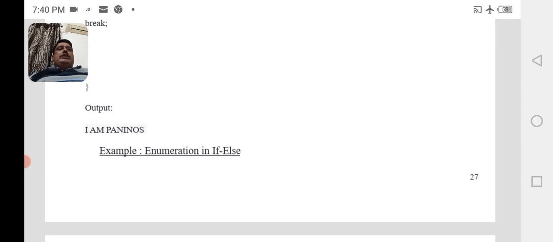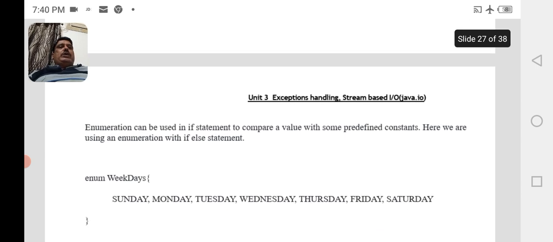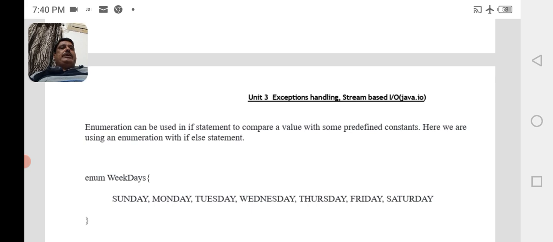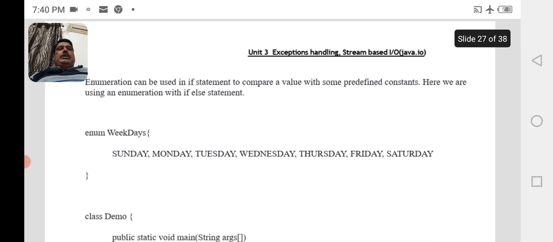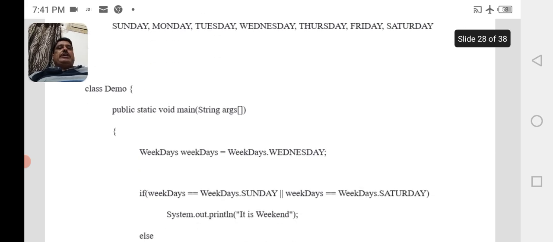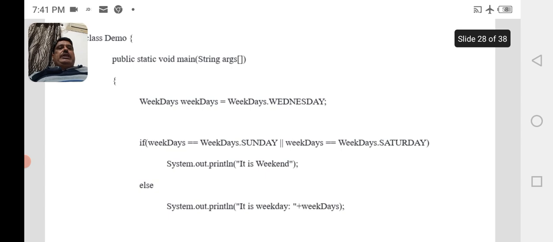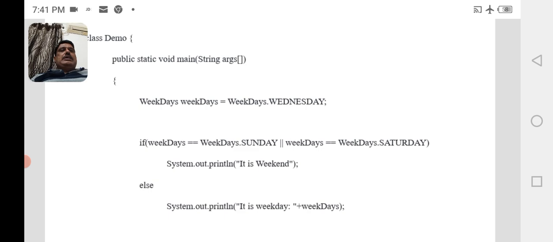Enumeration in if else. Enumeration can be used in an if statement to compare a value with some predefined constant. Here we are using an enumeration with an if else statement. Enum weekdays: Sunday, Monday, Tuesday, Wednesday, Thursday, Friday, Saturday. Class demo, public static void main, String arguments. Weekdays equal to weekdays.Wednesday. If weekdays equal to weekdays.Sunday or weekdays equal to weekdays.Saturday, system.out.println it is weekend.